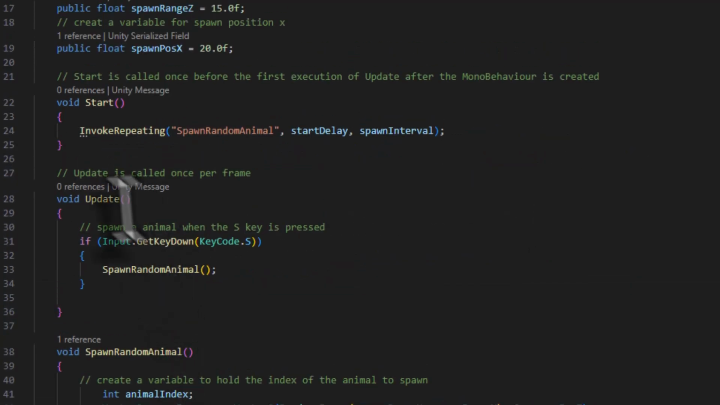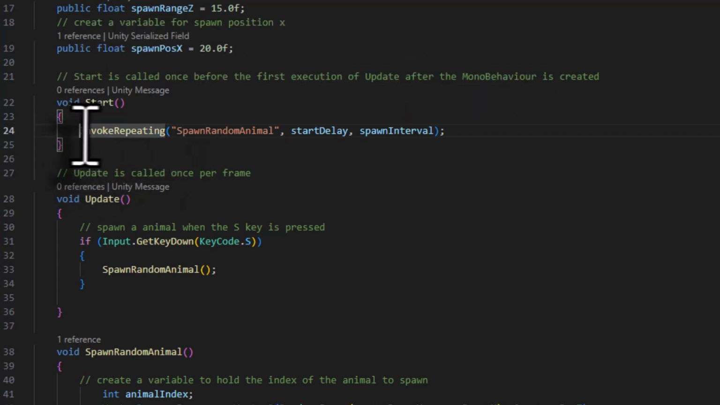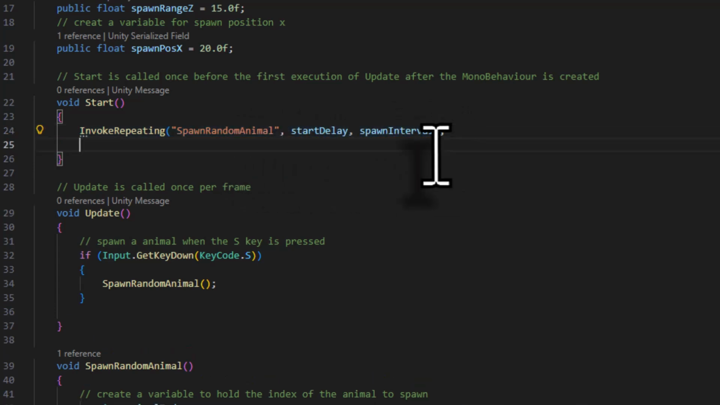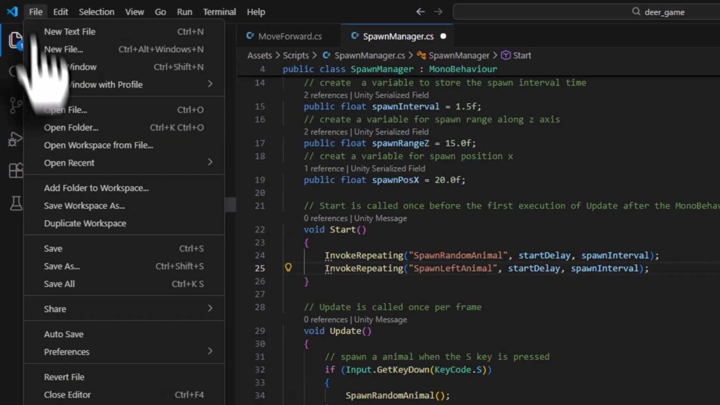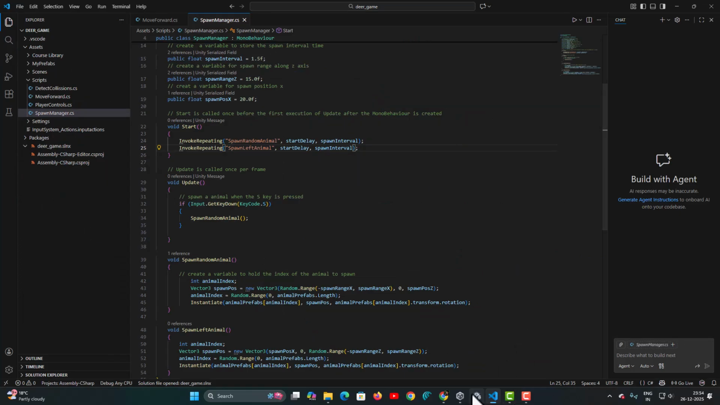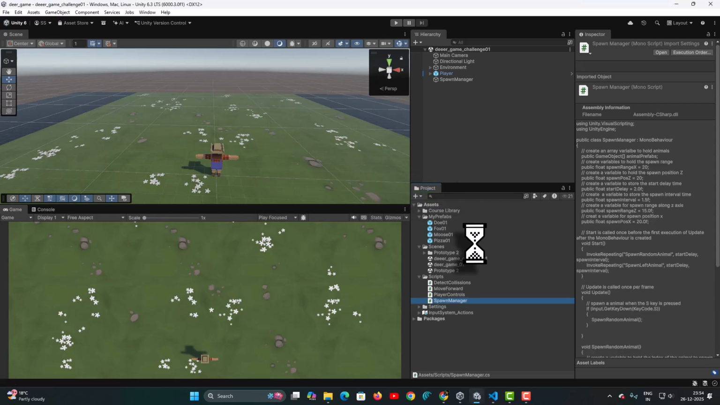If you come to the top, when the game starts, we had used this InvokeRepeating method. So I am going to just copy this InvokeRepeating method in the Start code block, come to the next line and paste it. And only difference here, instead of SpawnRandomAnimal, I will now choose SpawnLeftAnimal. Go to file, save it, and now if I come back here to Unity, and once the script is compiled,